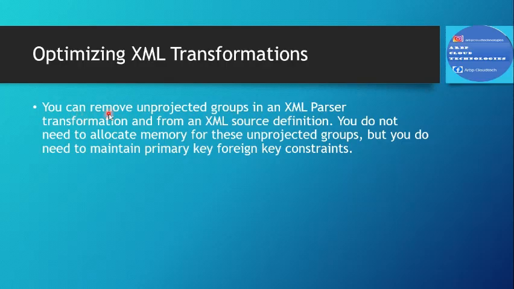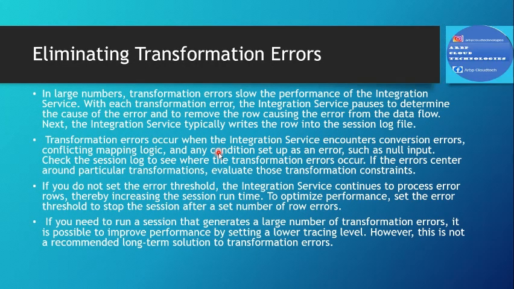So how do we optimize this? That's what is being told here: you can improve the unprojected group. Suppose there are different groups in the XML parser and transformation, and from an XML source definition, you don't need to allocate memory. So there is no need to allocate additional memory for each unprojected group. But you need to maintain the primary key, foreign key, so that your data can't be removed, right? That's what it means; this time we need to check for XML. So the last topic is eliminating